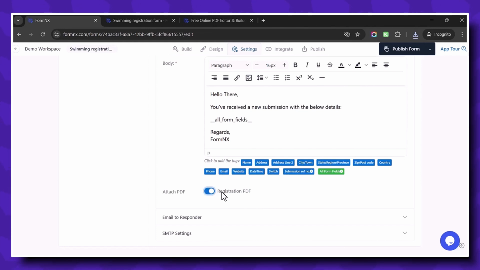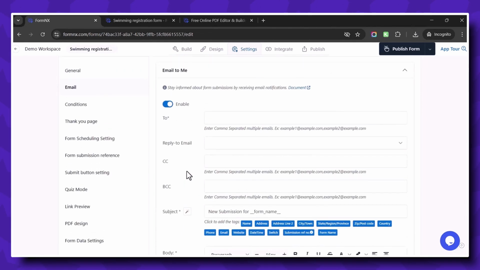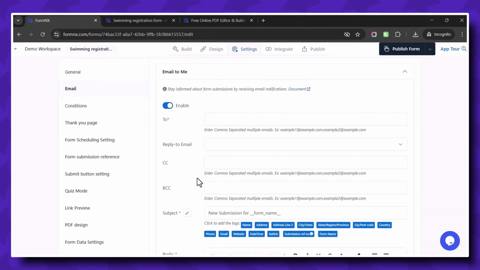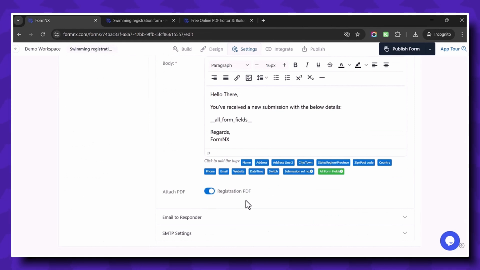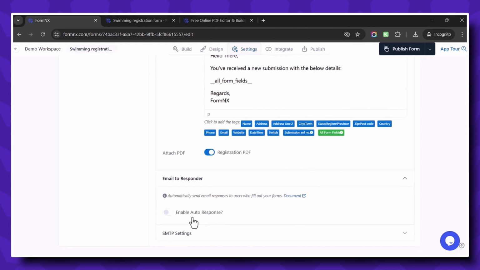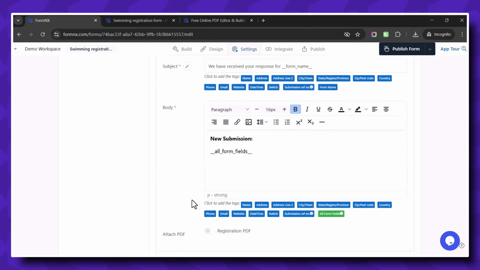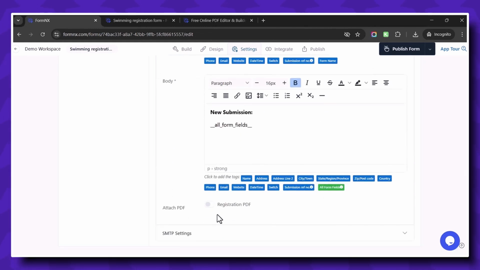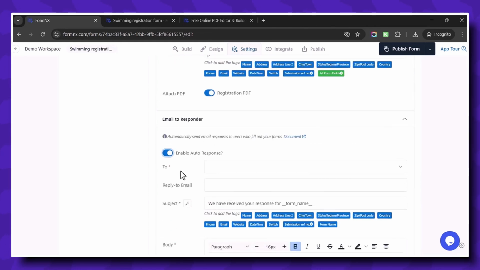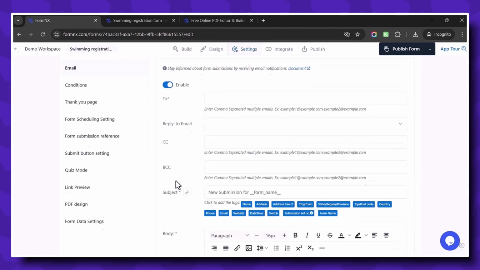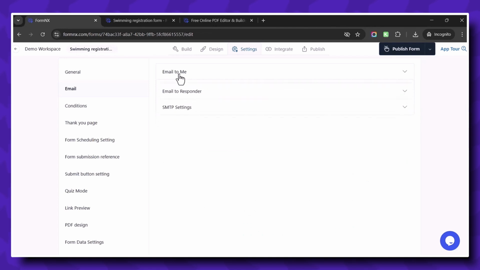PDF. If you have created multiple PDFs, then you will see options to enable each of these PDFs. That is, you can enable registration PDF, certificate PDF, XYZ PDF, or whatever PDF you have created for this particular form, that is the swimming registration form. All these will be displayed here and you can enable each of these options separately. Then again we have similar options inside email to responder. You can enable each of these PDFs to be sent to the responder. This is how, when someone submits the form, they will get an email with the PDF attached to